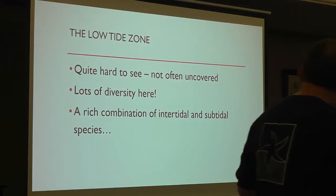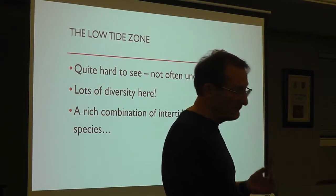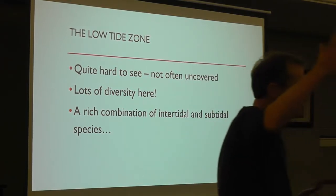And it does have a rich combination of both intertidal. Many of the low tide species are also found subtidal. So is everybody okay with subtidal, meaning